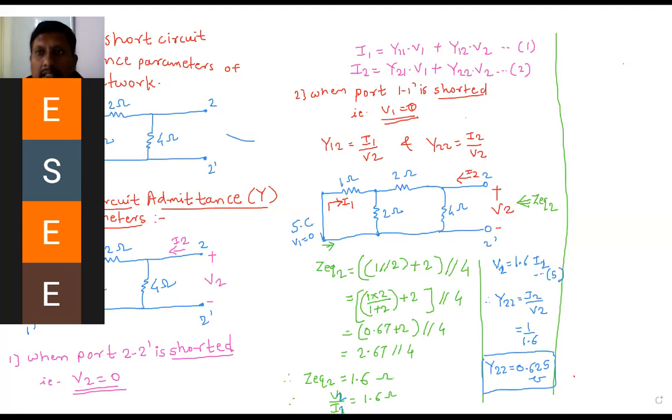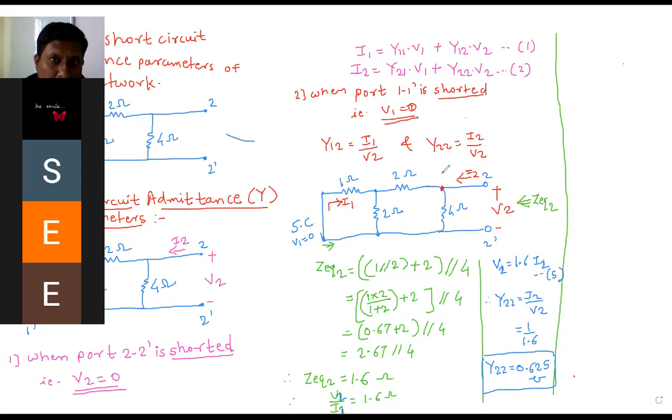Okay. Next, if you are perfect in finding out the equivalent impedance, that is again an important point. आता मला सांगा, मला हा फॉर्म्युला फाइंड आउट करायचा आहे I1 आणि V2 चं रिलेशन. मला I2 आणि V2 चं रिलेशन माहित आहे इक्वेशन नंबर 5 ला. मग I2 आणि I1 चं जर मी रिलेशन लावलं तर मला हा Y12 मिळून जाईल. मग त्यासाठी इथं डायरेक्टली I2 आणि I1 चं रिलेशन नाहीये, in between some current is there. बरोबर आहे. मग तो करंट काय आहे, तर I2 इथपर्यंत येणार आहे. I2 will flow up to this point. After that what will happen?